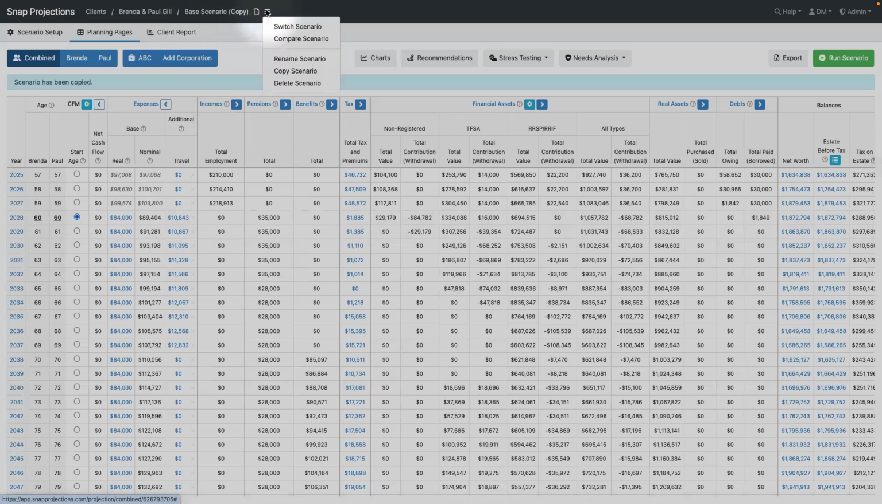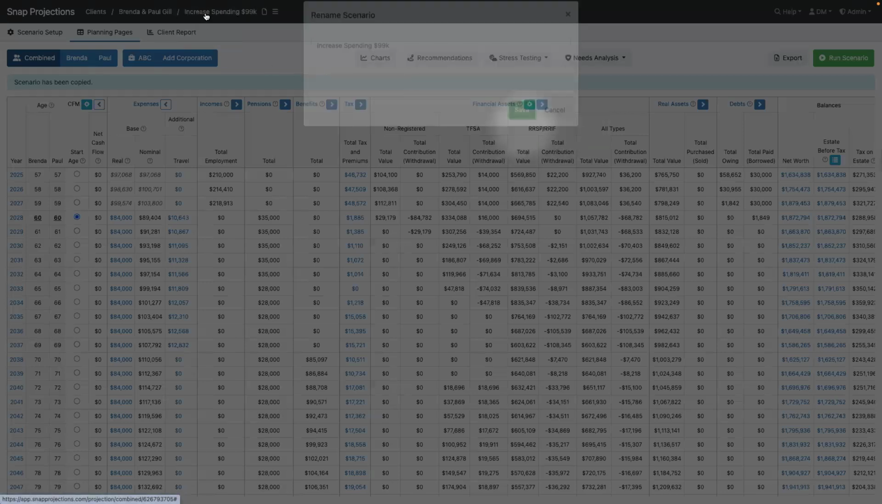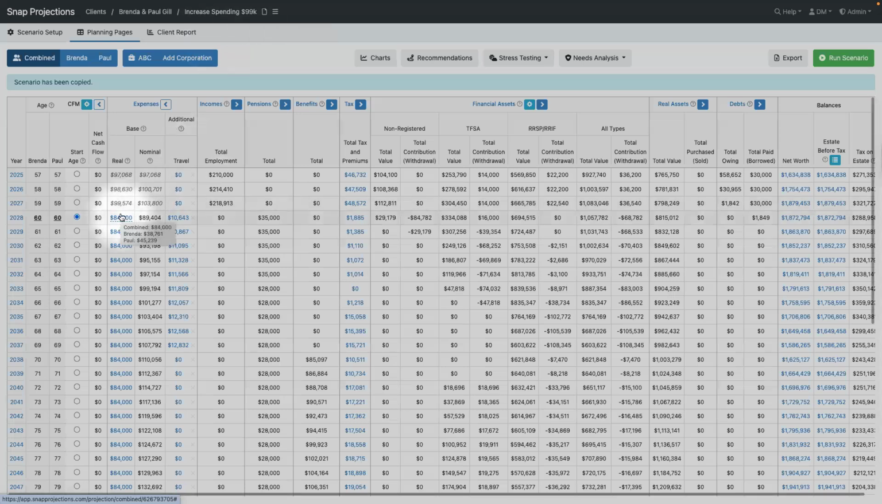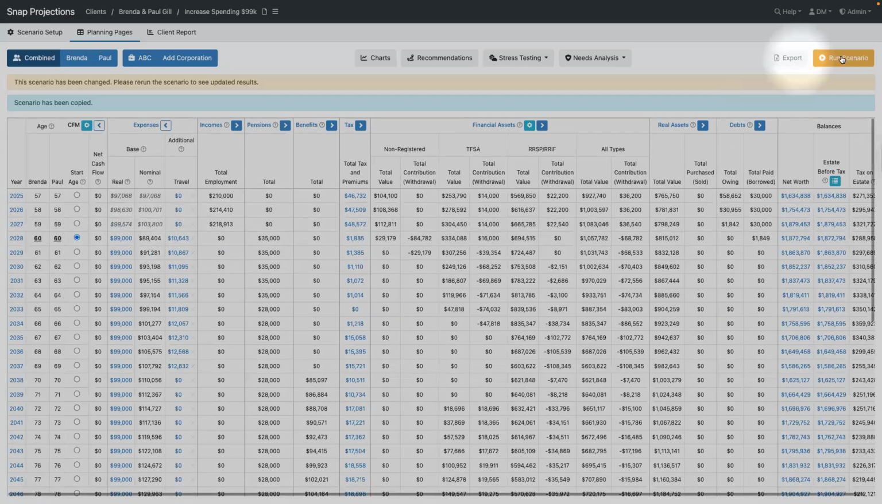You can rename the scenario by clicking that menu item again and clicking on rename. You can also click right on the title of the scenario. And let's say increased spending, let's say 99,000. So you can see the title has now been changed. I'm going to go down and click right on our base expense of 84,000, and let's update that to 99. And let's copy that down for the life of the plan. You can see it's now been updated. However, we just need to run that